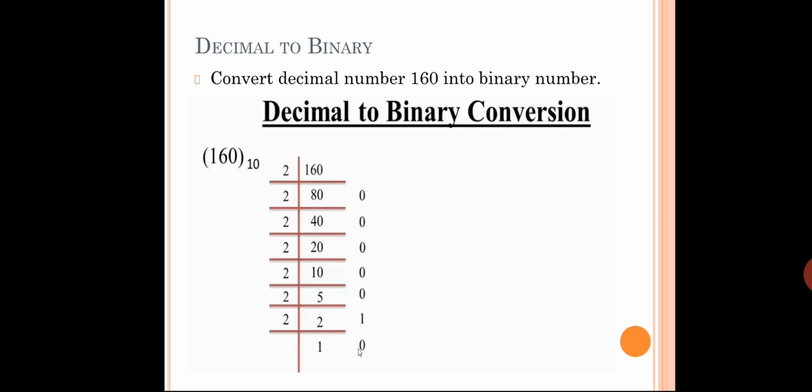So if you are very new to this particular binary system, you can go for dividing the things. But if you are well advanced in calculation, then you can directly go for that representation method. How? So you are going to take the position value, isn't it? So if you want to go for 160, then you have to put 2 to the power 7 as 1, isn't it? That 127, I guess, maybe you are going to get 127. You require 64. Do you require 64? No, you don't require 64. You require 32, isn't it?